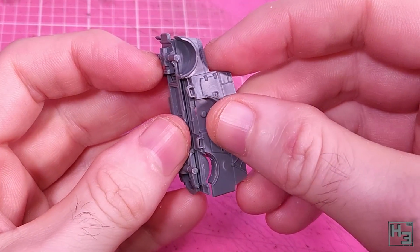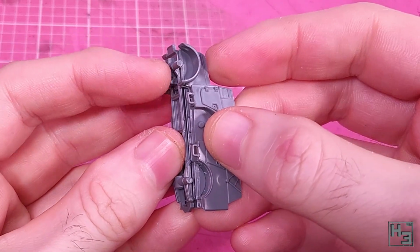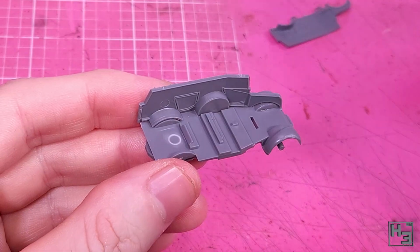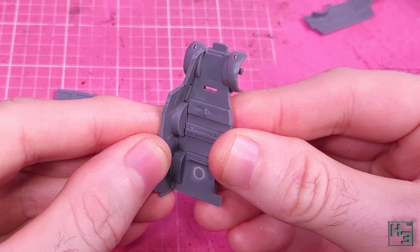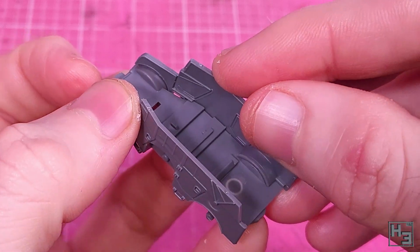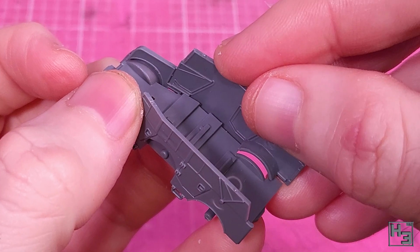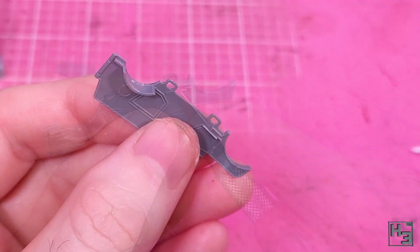Next, the sides. The left one here pretty much just drops right into place. I did have to apply a good bit of pressure to it, so maybe drop right into place isn't really the right term. I pushed it into place fairly easily. The right side required a little bit more effort. As you can see here, there's a raised bit on the inside that conflicts with the raised part of the floor. This won't go together properly no matter how much pressure you apply, so I clipped the side part back